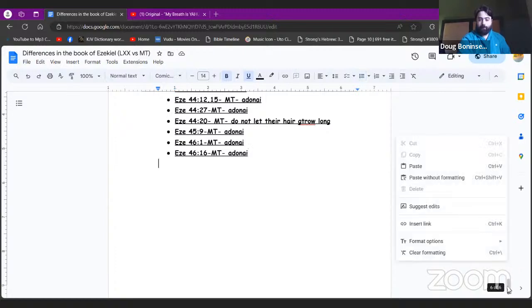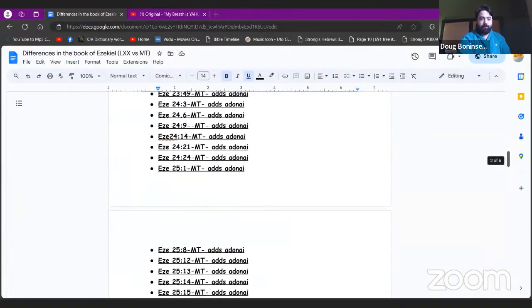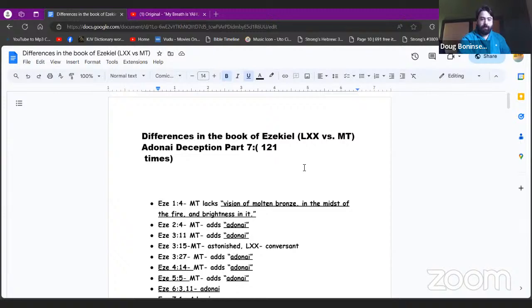So this is why I like to have Bible apps on hand. This is one of the studies that, if you do have My Sword on Android, or eSword on iPhone or any of those types of programs, you might want to use this. Viewers and listeners, you might want to use this while you're watching the video. So we're going to start off in Ezekiel chapter 1, verse 4, where the Masoretic,